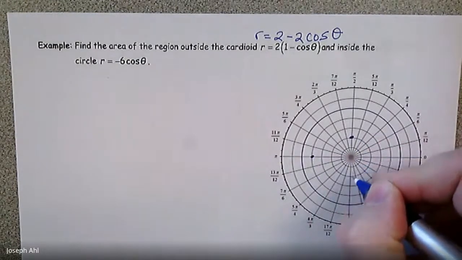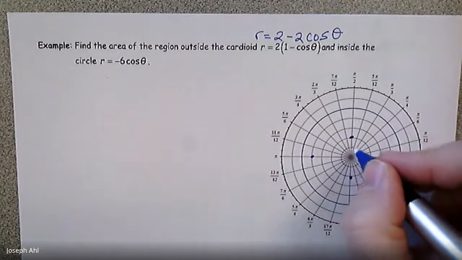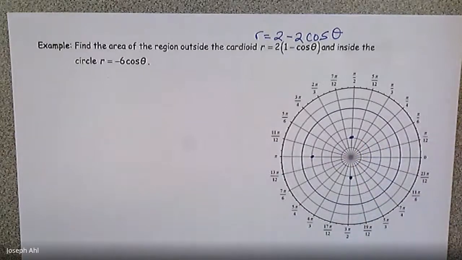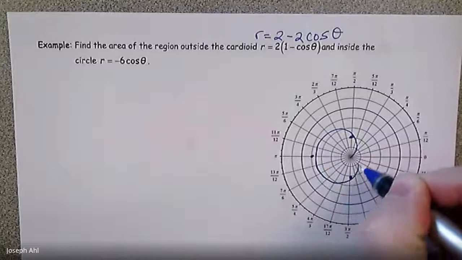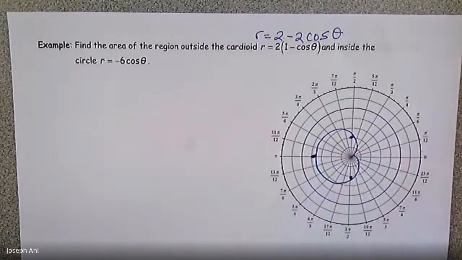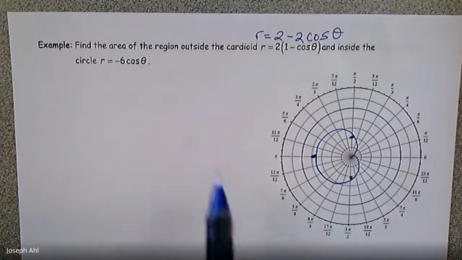I'm using a scale of, by the way, the radius length of 1. Each circle is 1 radius length. Okay, so I'm going back to kind of a normal scaling here. So the cardioid would look something like this. Oops, I missed that max point. Okay. Let's just make it a little bit bigger. There, it counts. All right, so now that I have that sketch, I also want to sketch the circle